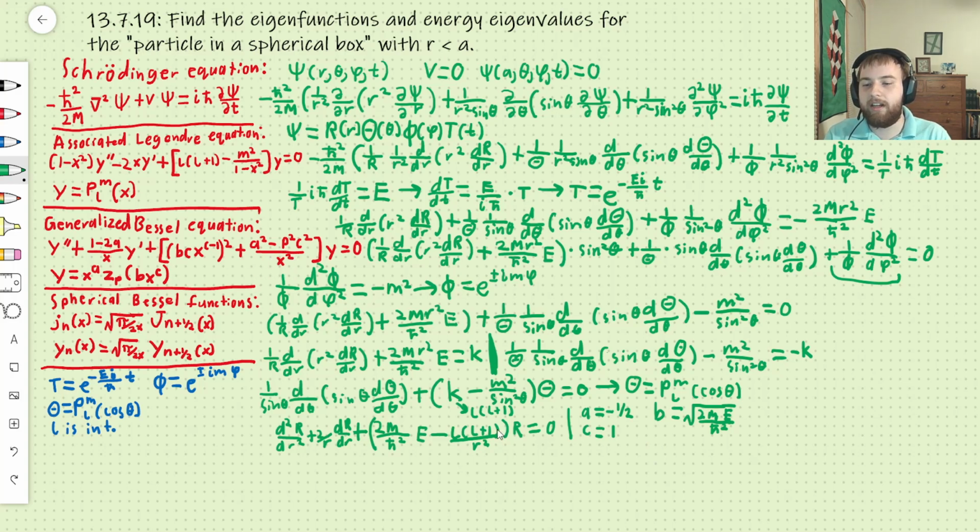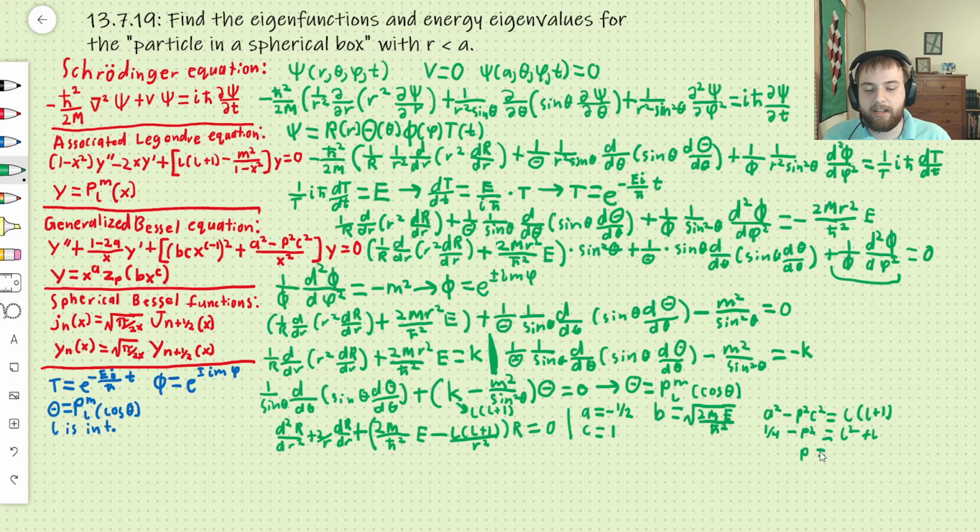So I'm going to rewrite this in terms of what we have here. So that means that a squared minus p squared c is equal to l plus 1. Okay, so rewriting that again, that's going to be 1/4 minus p squared is equal to l squared plus l. Further, p squared is going to be, let's see, the 1/4 goes over there, and then everything gets,